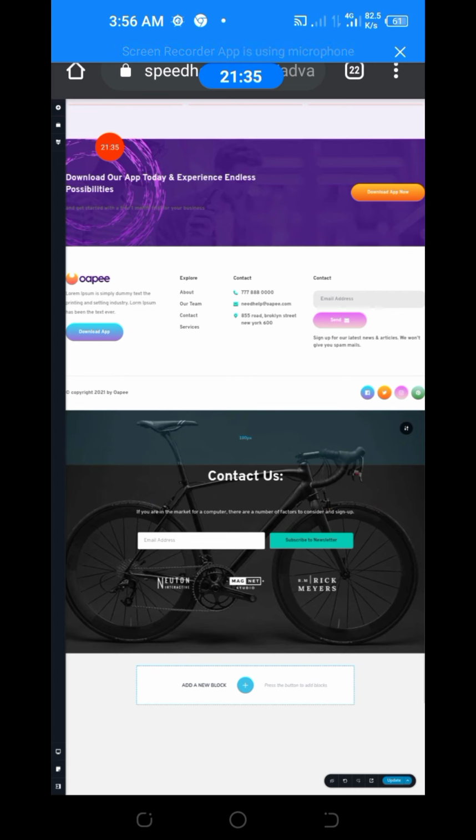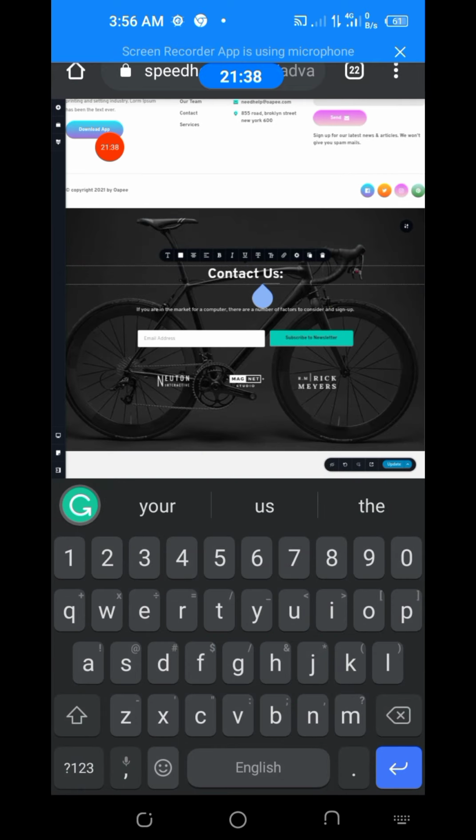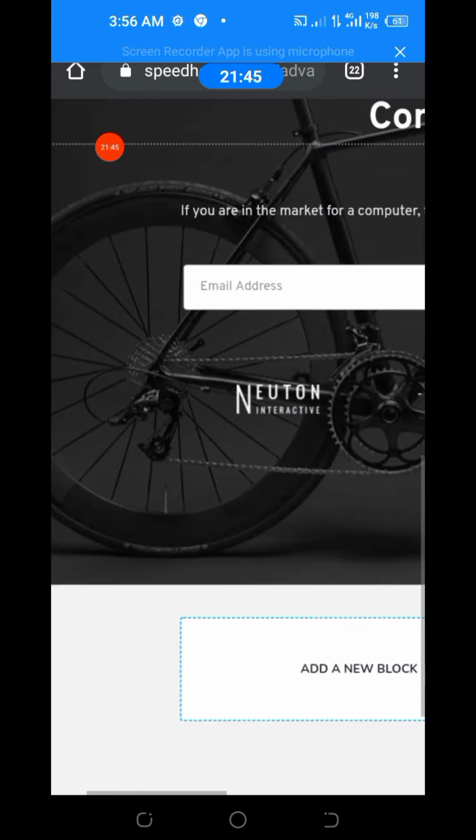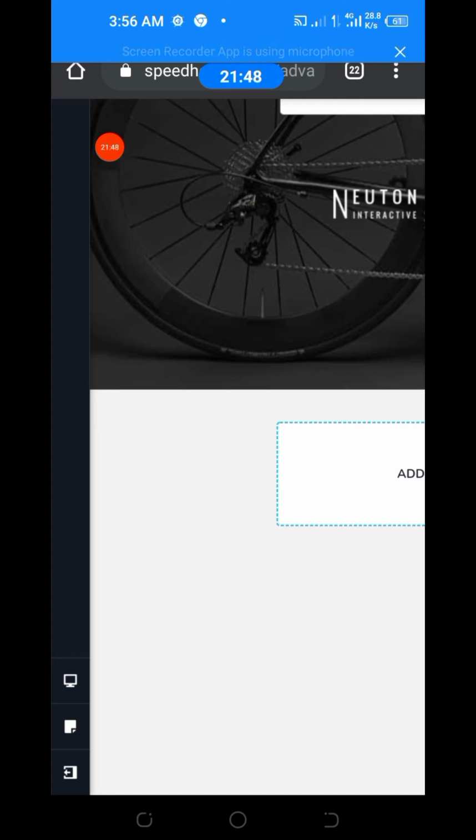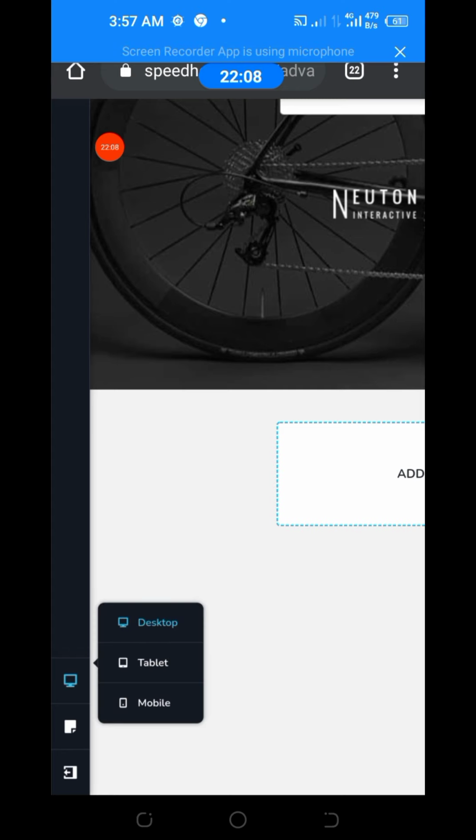If it is the content you typed, click on it. It will show the functions, like how to adjust the words. Then you need to follow it. After you have done it, if you are doing your website on phone, don't touch the first one and the second one here. But if it is on laptop or on desktop, you need to do some things. You need to check if what you created will be okay on mobile phone. How will you do that? Click on this icon that looks like a desktop, that looks like a system, change it to tablet, or you should change it